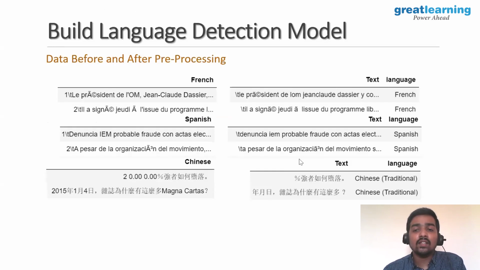Let's see other languages also. French, yeah, for French we have this. For French also we have these special characters. Maybe they are part of the French sentence, but if you can see, we have removed this apostrophe and converted everything to lowercase, right? It's looking somewhat cleaner now. In Spanish the pre-processing happened, and in Chinese also we can see a significant change. I've just shown you two or three records to understand how the pre-processing has worked.